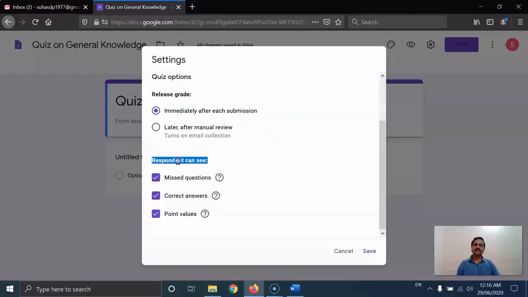And after submission, what can the respondents do? The respondents can see which questions they have answered incorrectly, so which questions they have missed. Then they are able to see the correct answers after their grades are released. Okay, and then they are able to see the point values that are associated with each